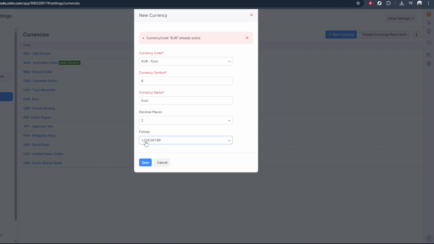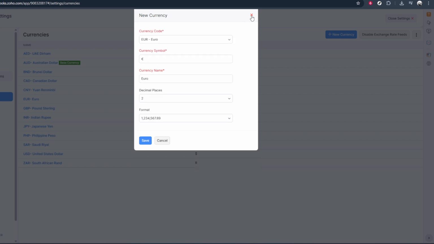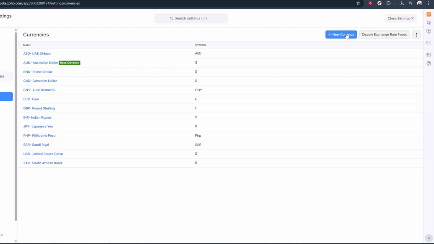If you're not sure about the current exchange rate, you can look it up from a reliable financial source or leave it as is if Zoho Books updates it automatically for you. Once you've double-checked all the information and you're satisfied with the settings, scroll down and click on Save. Zoho